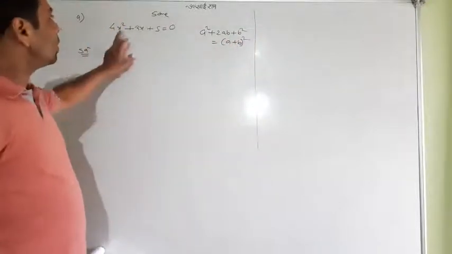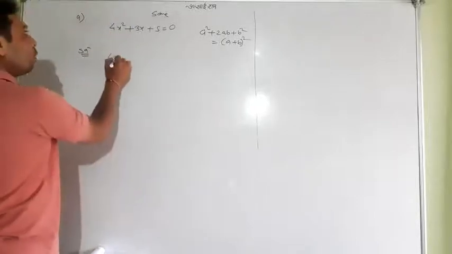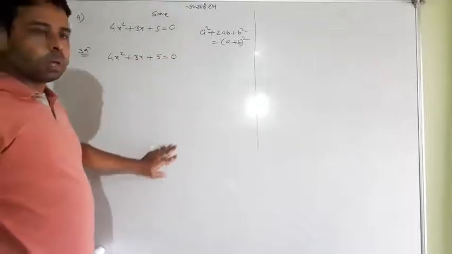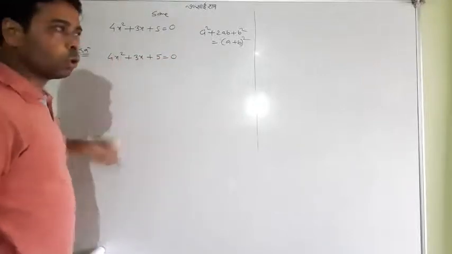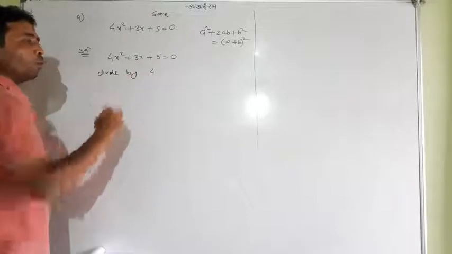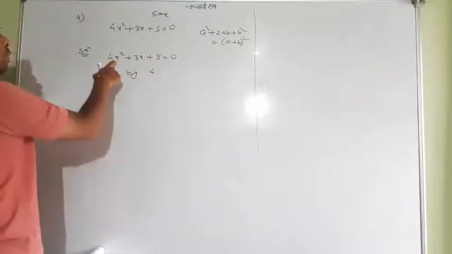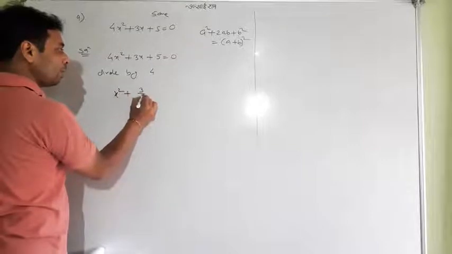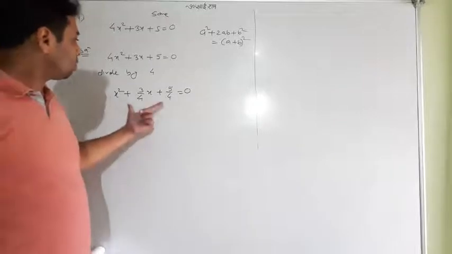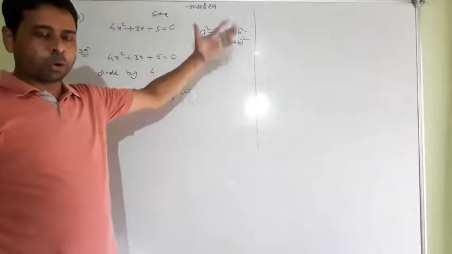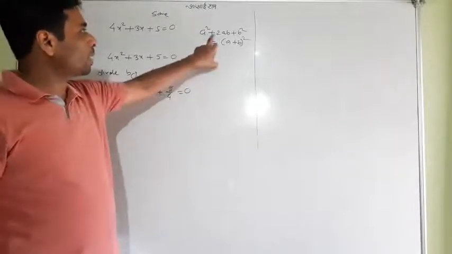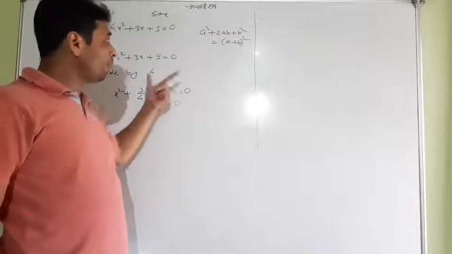The second thing is, it is an x square, and along with x square we have a 4. As I taught you, the coefficient of x square must be 1. So you should divide by 4. On dividing by 4, it is going to be x square plus 3 by 4 x plus 5 by 4. And then the same concept you have already studied: the coefficient of x is 3 by 4. It is a plus sign, so definitely I'll keep this term as it is.